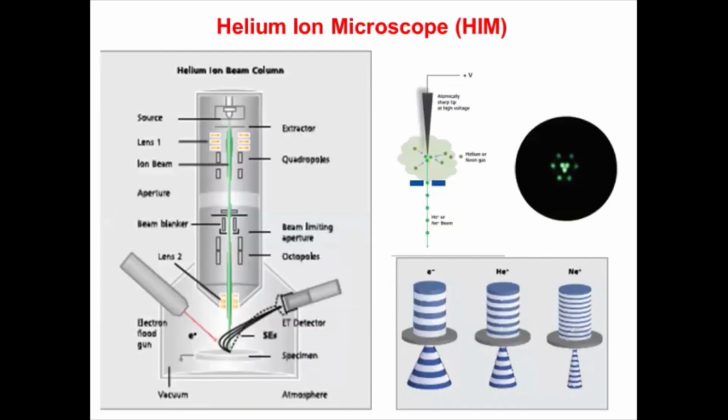So the basic difference between ion and electron is the mass. They bear the same charge. A singly charged ion and an electron will have the same magnitude of electric charge. But the ion is massive. So if you throw an electron, how many secondaries can you generate? And if you throw an ion, how many secondaries can you generate? Obviously, when a massive particle hits, the secondary yield is higher.